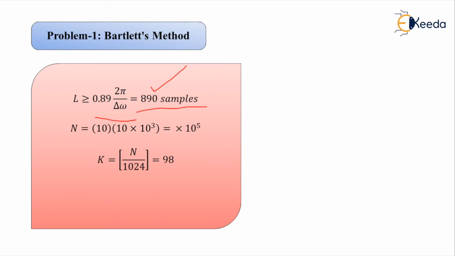Now moving to part C. In part C, the question is, how does your choice of sampling rate affect the resolution and variance of your estimate, and are there any benefits to sampling above the Nyquist rate? The answer can be made this way. If the sampling rate is increased, we know that the resolution delta omega decreases, which in turn requires a longer section length for the given resolution. Therefore, an increase in the sampling rate produces a corresponding increase in the total number of samples within the time interval, if we represent it by capital T seconds.